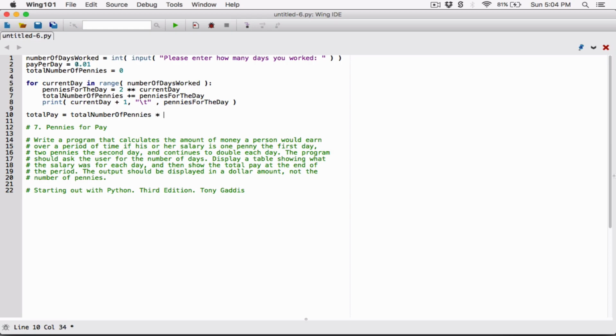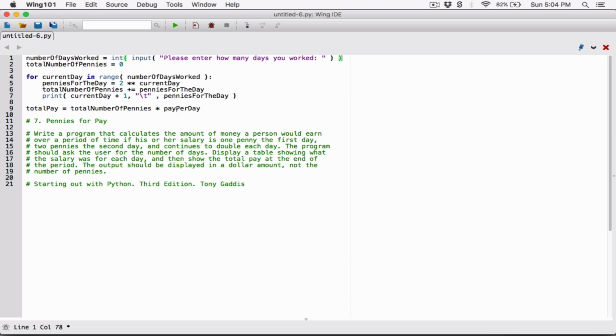times, now remember we stored 0.01 in pay per day. You could have just typed 0.01 this way. But because I stored it in pay per day, I'm just going to go ahead and do this, pay per day. I don't think this is entirely necessary because over here all the time we are multiplying by one cent. If we set that as the pay per day and the pay gets increased to, let's say, 2 pennies, it would be wrong, because we have to multiply the total number of pennies by 1 penny to get the total pay in